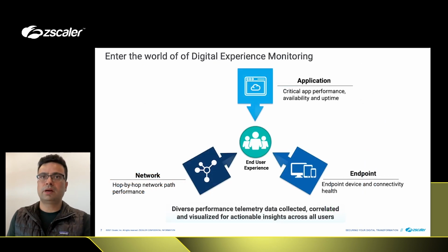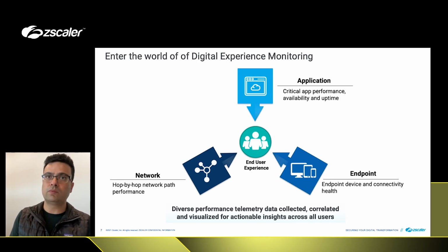So when you think about what it really means to monitor end user experience, there are three variables that could impact end user experience, which are network, application, and endpoint. And as we saw in the previous slides, you typically have deployed multiple tools to monitor these three variables. From an organization perspective today, when a user is working from home and they are having an issue with a collaboration application, that could be a result of an end user device problem, a problem on their first mile network, their home Wi-Fi, or the application itself. So having that single pane of glass is very important.